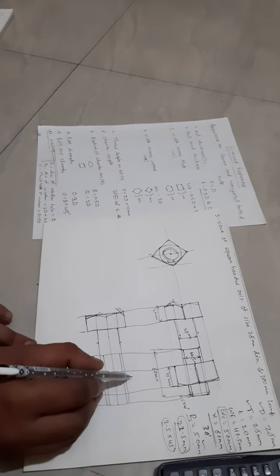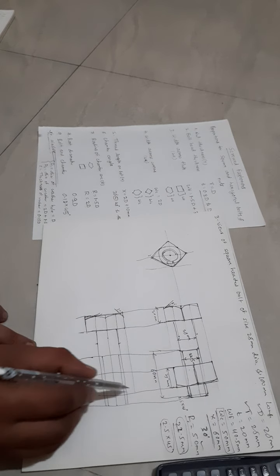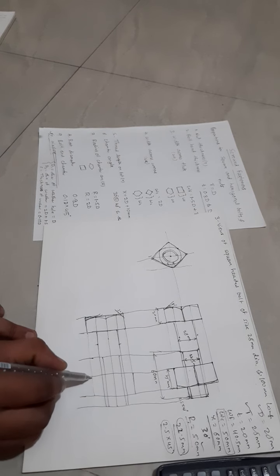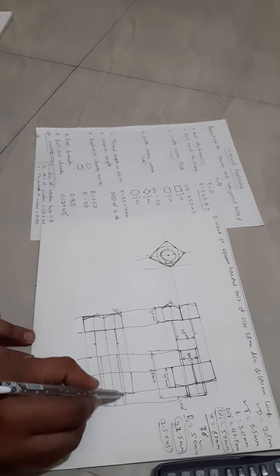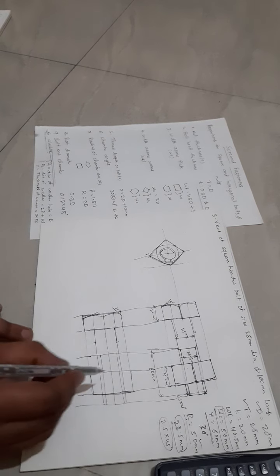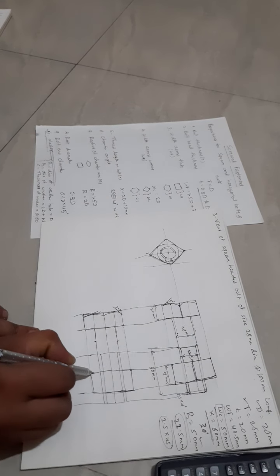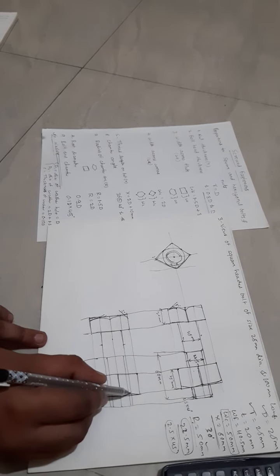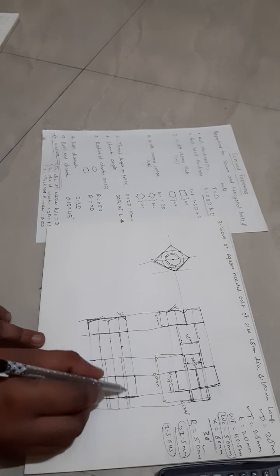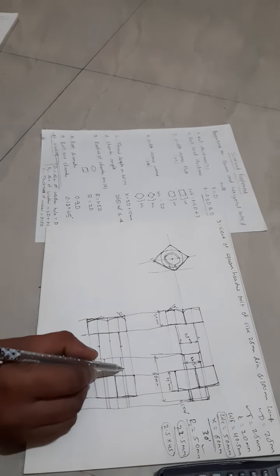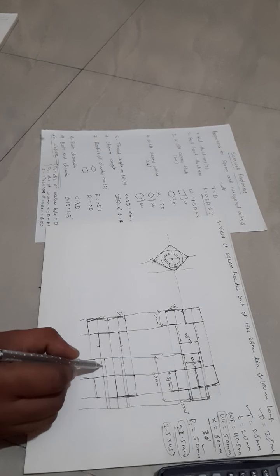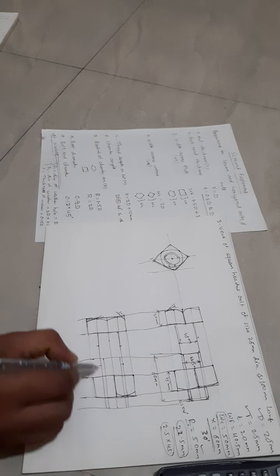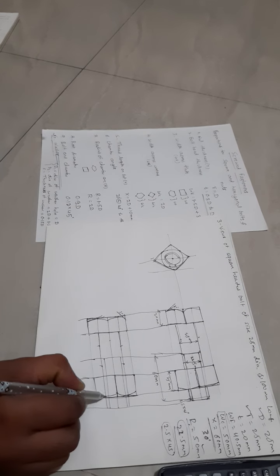Okay, for the nut portion, again you can project towards right side. Okay, and draw here, from here to here a dark line, here to here also you have to draw the dark line. This portion is also dark line. Okay, midpoint you can draw the dark line here. Again take the midpoint of this region, and cut for 50 mm. Again midpoint of this region, cut for the 50 mm. Again take this point as center and draw one arc here. Again take this point as center, draw one more arc.